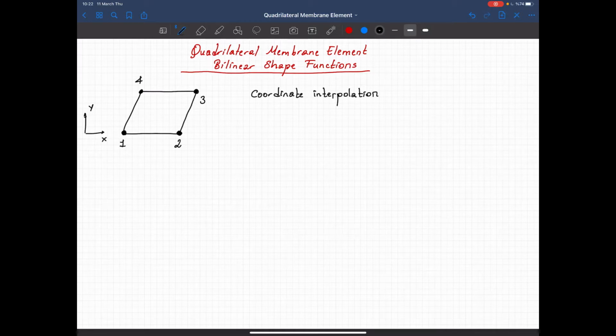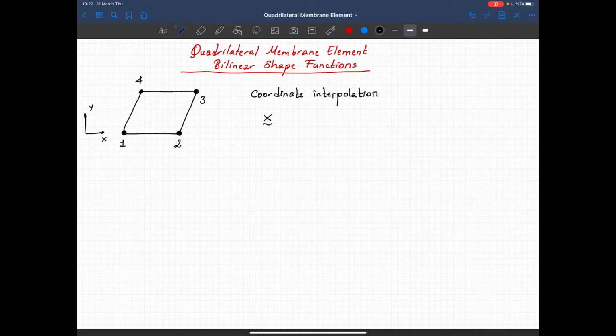Now remember that in the derivation of the membrane action or the plane stress case with the axial deformations, we said that we need C0 continuity. So C0 continuity means that a linear element can satisfy the requirements of an admissible function. So that's what we will be using. Since this element has 4 nodes, the only interpolation function that we define is a bilinear function, and I will draw what I meant by the bilinear function. But let's first write the